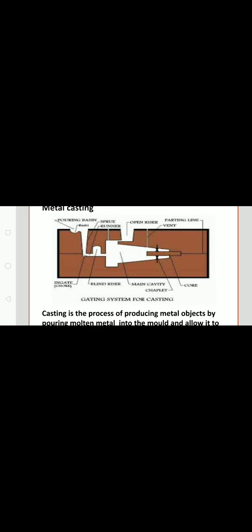If you cut it in half and look from the front, it looks like this. So this is the mold cavity, into which you are pouring. Once the molten metal reaches its melting temperature, it is tapped into the ladle, and from the ladle it is poured directly into the pouring basin.